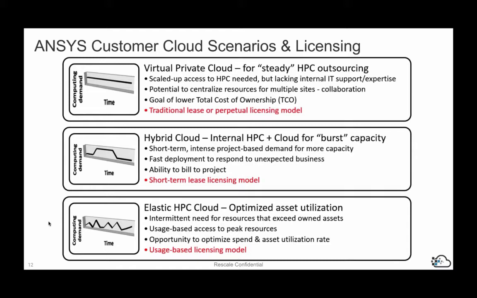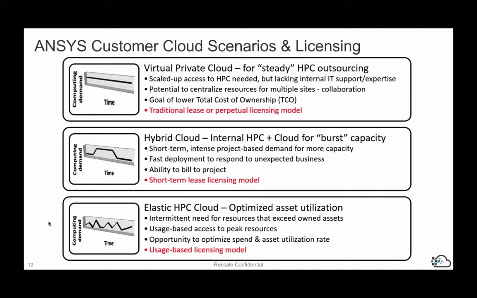Here the elastic HPC cloud scenario is really a way to optimize spend and asset utilization rates. For that matter, the usage-based licensing model is most suited and was introduced by ANSYS last year,